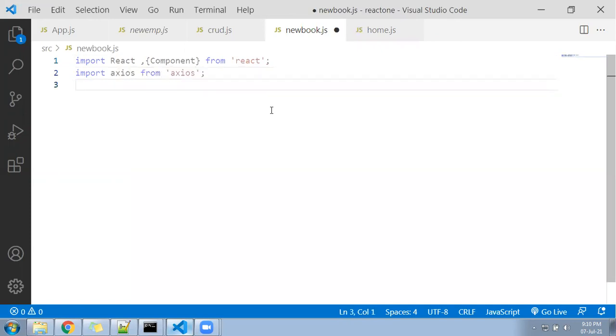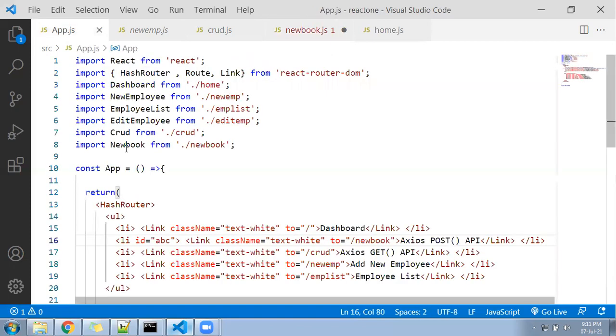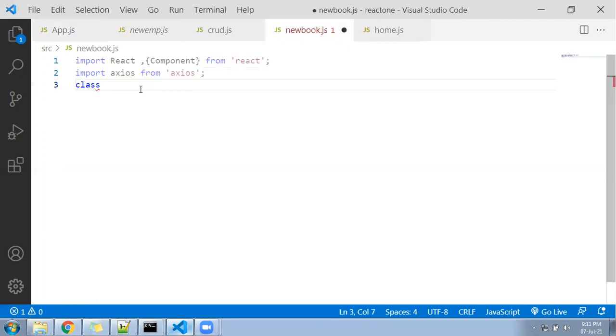Next, I'll write a class name. I have given my class name as new book, which I have already added in the routing. So new book is my class name.